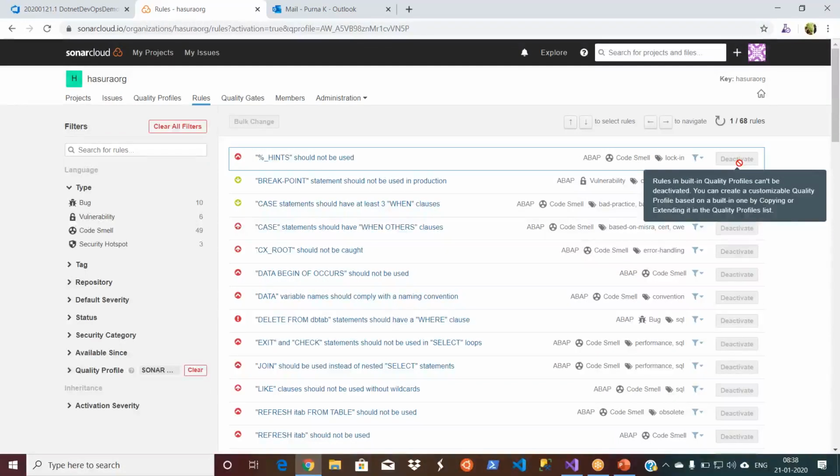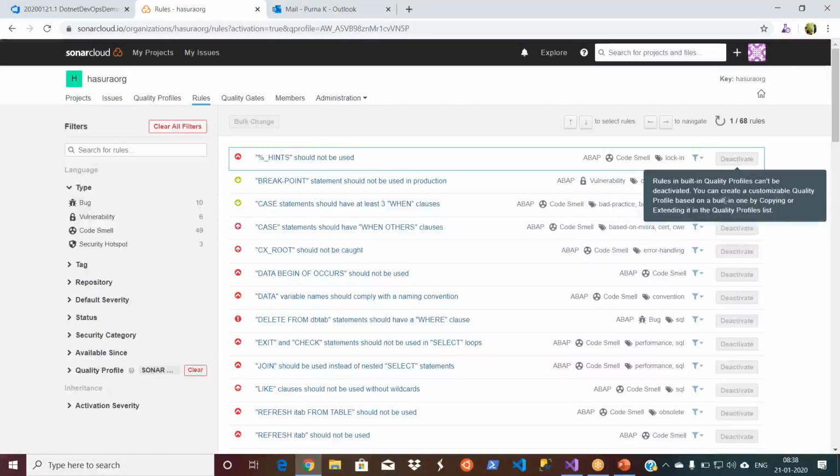Okay, this is a default one, right, which is given. So I can't deactivate. That's what it is saying: rules in built-in quality profiles can't be deactivated. You can create a customizable quality profile based on the built-in one.